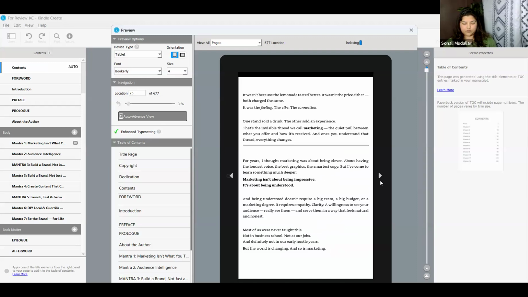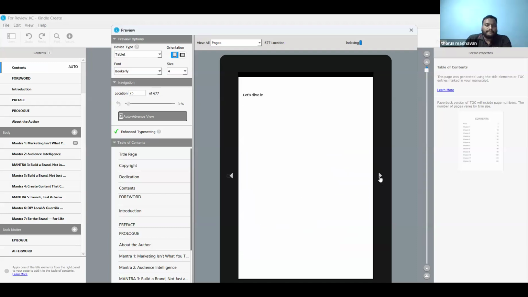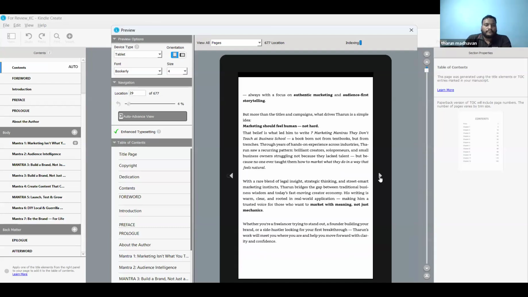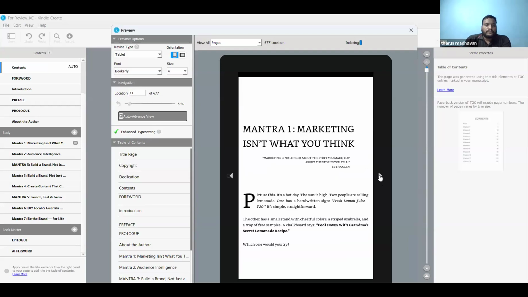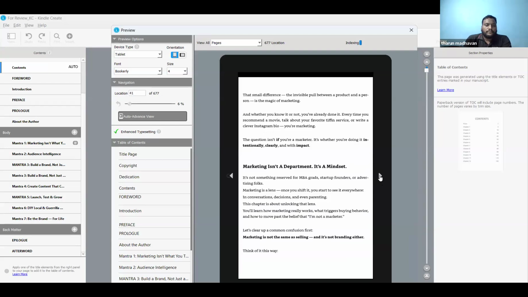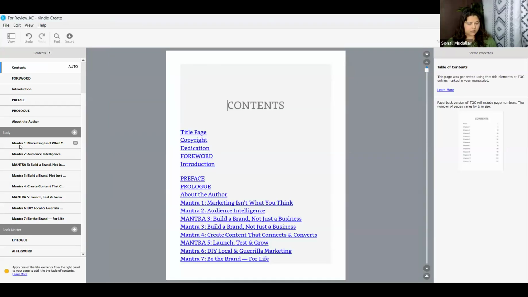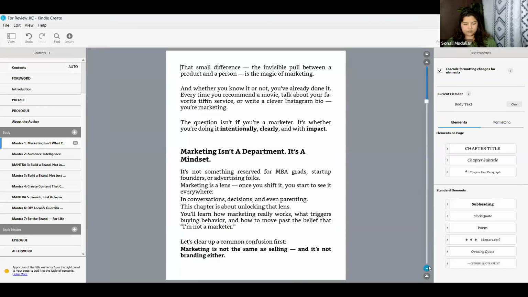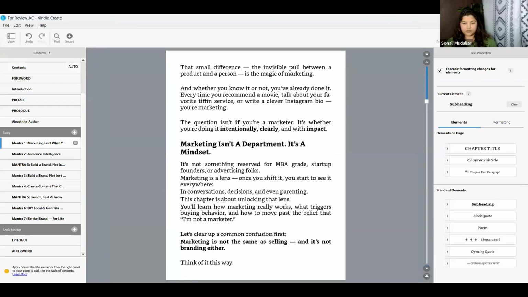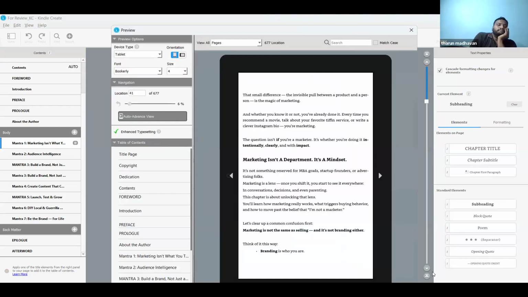I couldn't do this because of the line out here. See, there is a double space over here in chapter number 1. I go back to chapter number 1, delete it, save, and preview again.